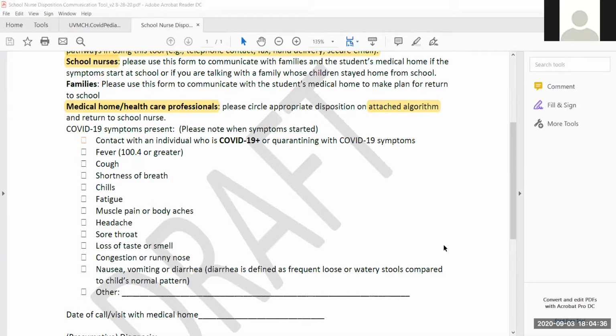Well, just to clarify, they don't have to be seen. I mean, we have to come up with a disposition. So our workflow in our office is that if a patient has a symptom of COVID, step one is we triage that patient based on our normal pediatric telephone triage, not thinking about COVID at all, but just thinking about, does this kid need to be in the emergency room? Do they need to be in the office? Can it be safely managed at home? And step two, after we've come up with that disposition, then we can think about COVID and return to